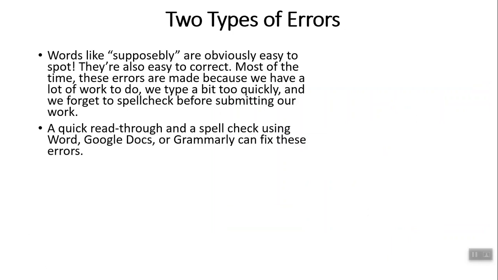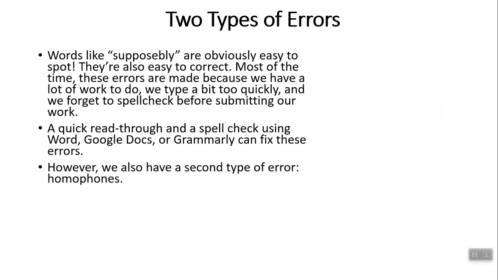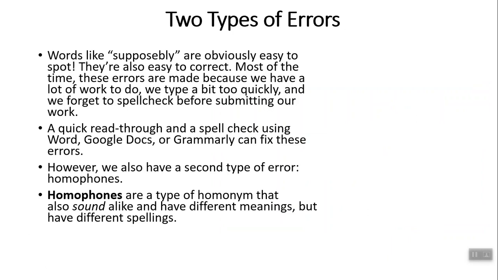A quick read through, as I said, or a spell check using Word, Google Docs. You can even use Grammarly, which is a free tool online. They have a paid version, but the free version is pretty good as well. It can fix these errors. And then we have a second type of error, and that's, as I just mentioned, homophones. So homophones are a type of homonym, which can mean a word that,